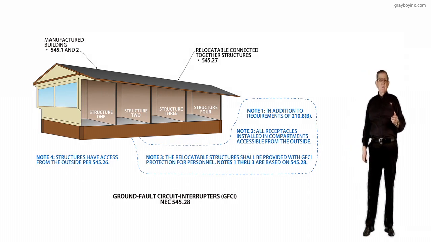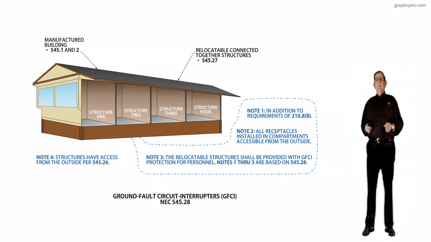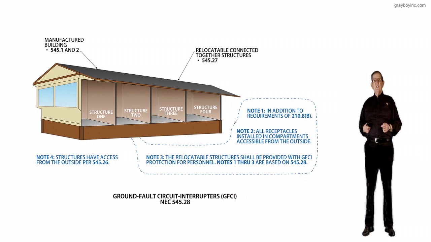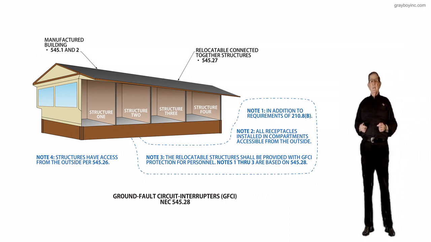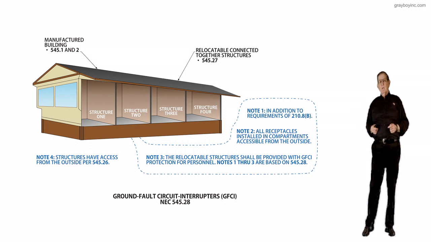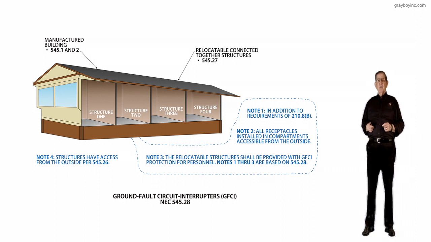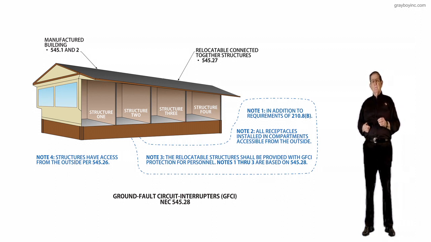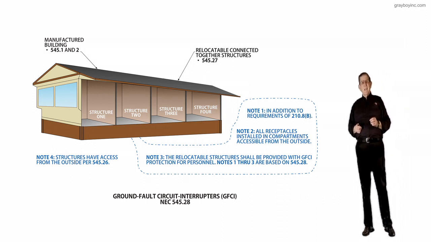This illustration deals with ground fault protection, GFCI, in accordance with NEC 545.28. So NEC 545.28 is ground fault circuit interrupters, a symbol identified as GFCIs. The purpose of the change was to accept a new section. A new section has been added to address ground fault circuit interrupters, GFCI, for buildings and structures that can be